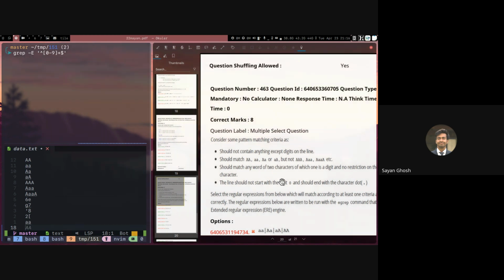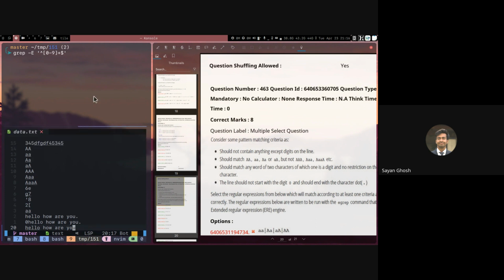And again, another one which we have is the line should not start with the digit 0 and should end with the character dot. So if we have something like this, then this is matching. Whereas if we have something like this, then this is not matching. And similarly, this is also not matching. So if we have this grep -E, starts with digit more than once and ends with end of line,